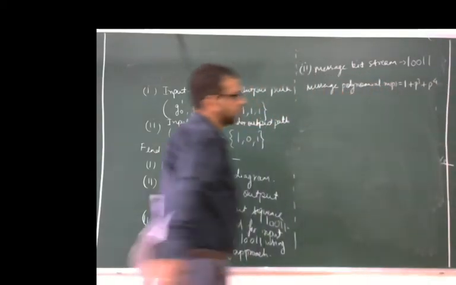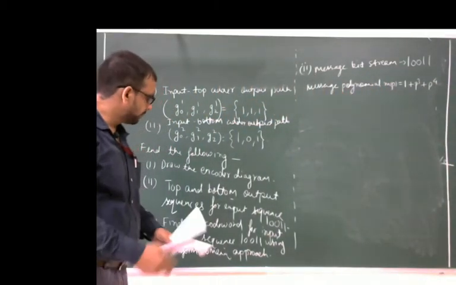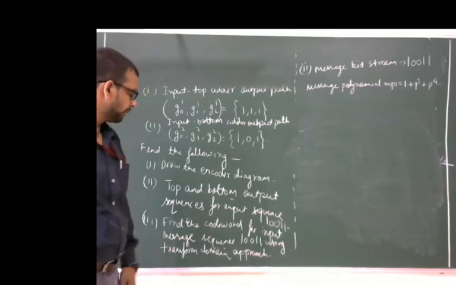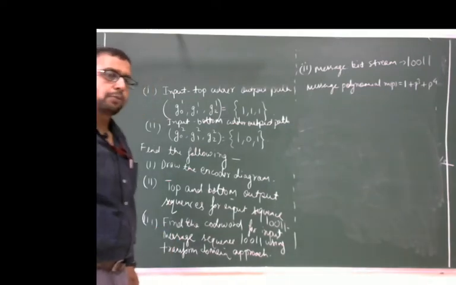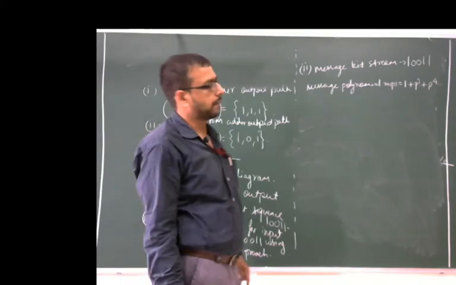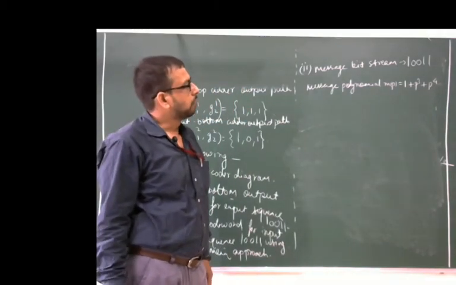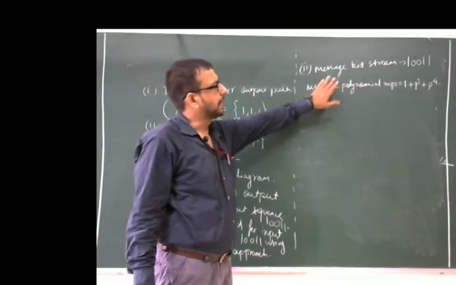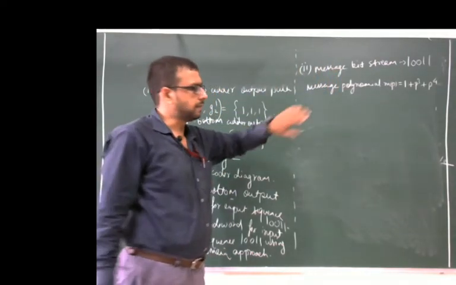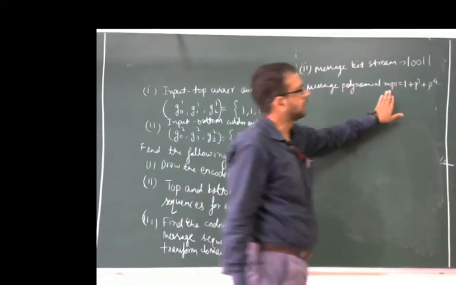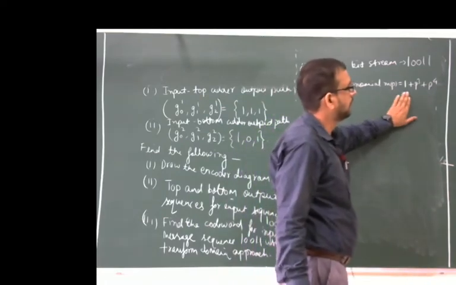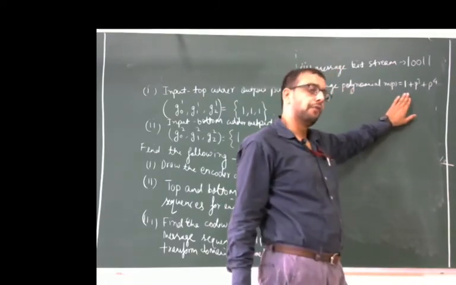Here I am using the polynomial method because it is already written in the next part, that is by using the transfer domain approach. In the transfer domain approach, there is a method to get the output by using the message polynomial. Now this is the message stream, and by using the concept of the polynomial, simply here we write the message polynomial in the form of MP, and we get 1, p to the power 3 and p to the power 4. Okay,